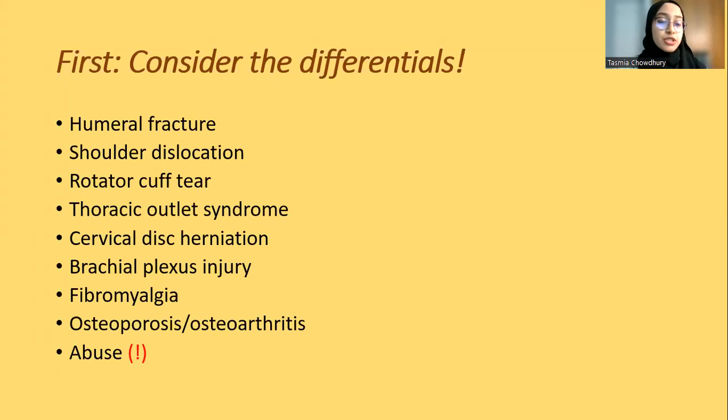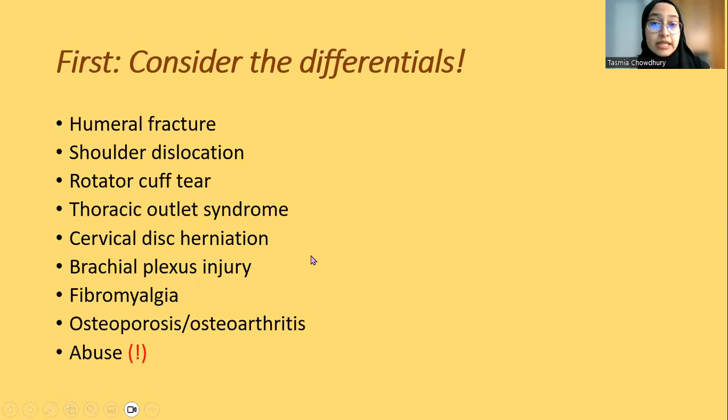Okay, so first consider the differentials and anything that is related to limb pain. It can be something related to the bone, like a fracture or a dislocation, or it can be something related to the tendons or muscles, like a rotator cuff tear. If it's an aged person, then you can consider osteoarthritis, especially if it's a female, you can consider osteoporosis, and also it can be some neurological or vascular cause. You can consider here for arm pain, thoracic outlet syndrome, cervical disc herniation, brachial plexus injury, and